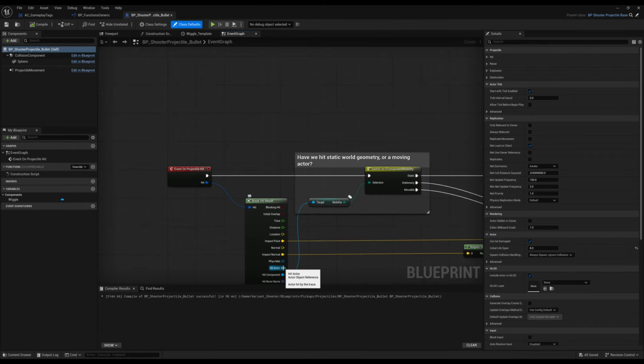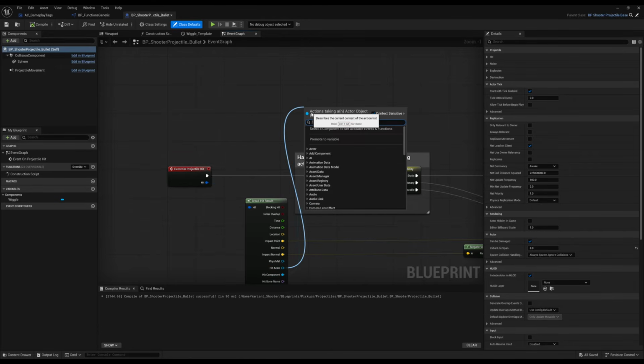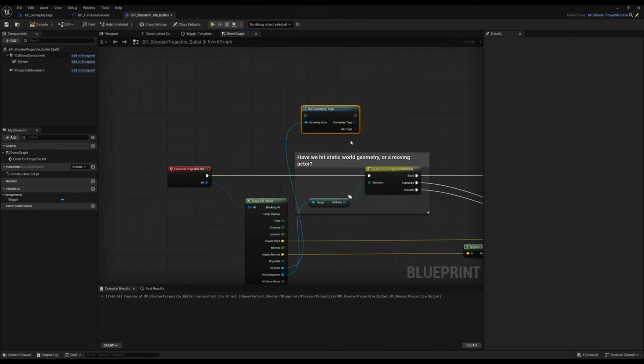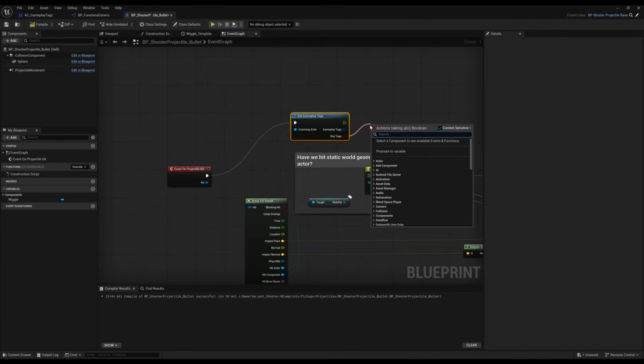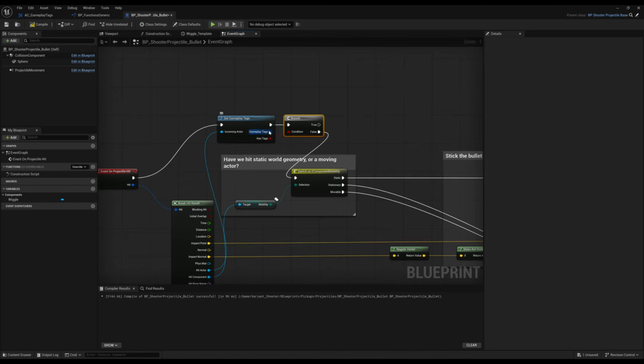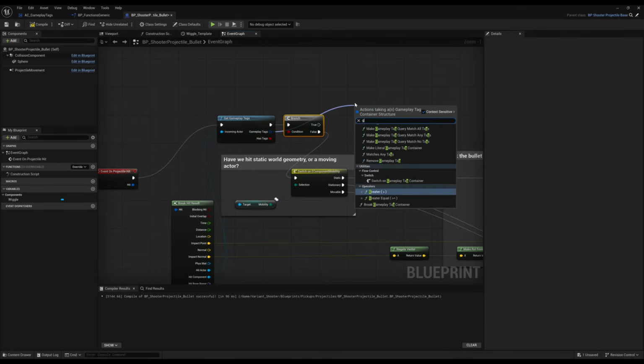So let's take that actor we hit, and now we can call get gameplay tags from our generic functions. This is that generic function library we created, and this is the function we created. So we want to check if it has tags. If it doesn't, go back to what it was doing anyways. But if it does,